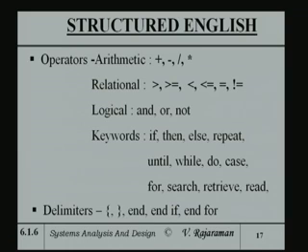And there are keywords: if, then, else, repeat, until, while, do, case, for. These, like if, then, else, repeat, while, and so on, are all there in most programming languages. The only extra things I have really put is search and retrieve, which are really higher level